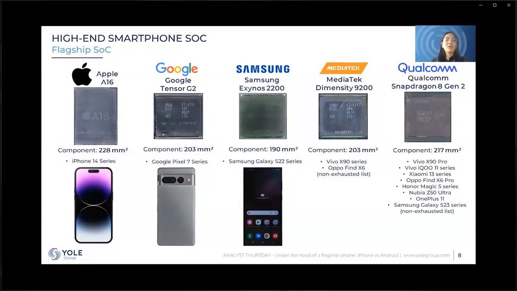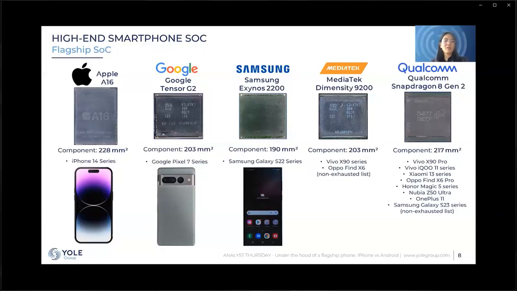So we'll see how these chip developers will play. Okay, so back to the actual products. Here are 5 flagship SoCs released by the top smartphone chip manufacturers. For the Apple S series, the most recent one is A16. Google has the 2nd generation of the Tensor SoC for its own Pixel 7 smartphone. Samsung's updated SoC is Exynos 2200.